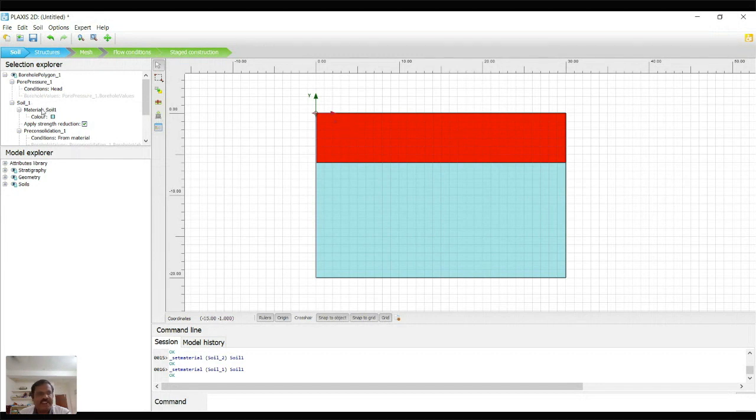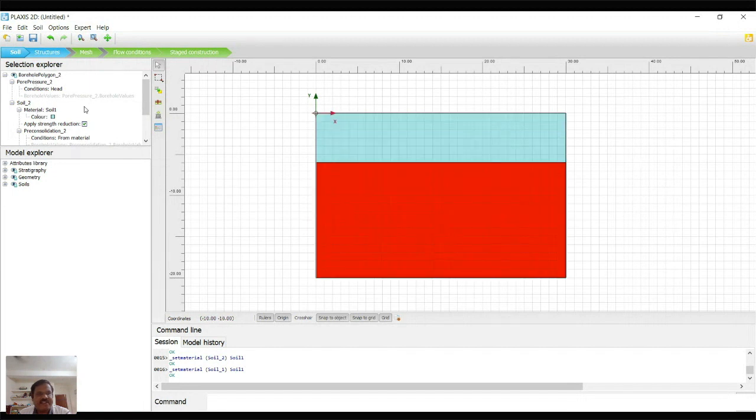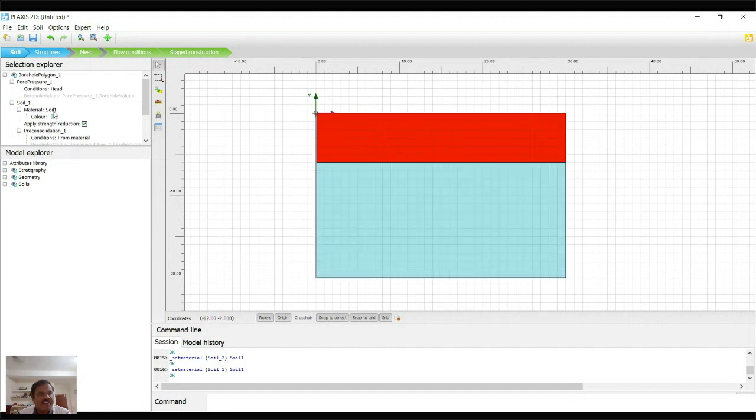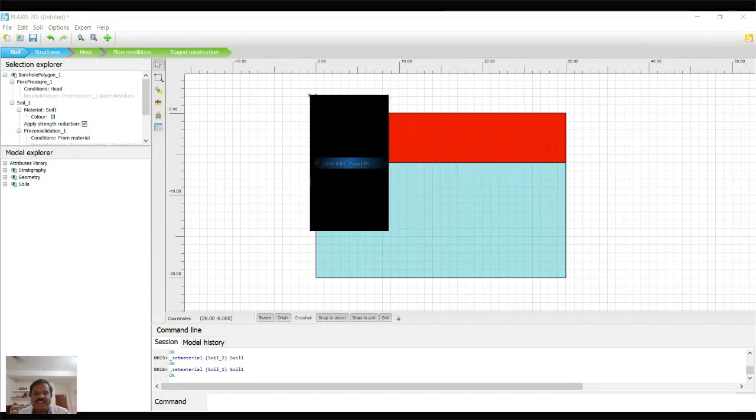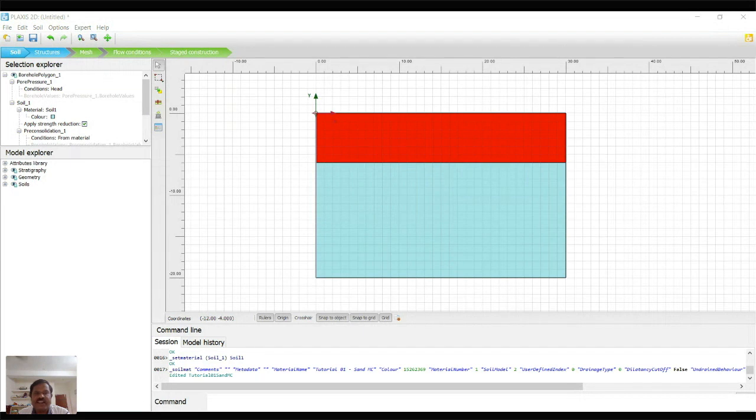Similarly, you can select a particular cluster. The selection explorer will give the detail. Whatever layer you select will be displayed in the selection explorer. We can change to another type. Suppose we already have another type of material, an existing soil type, we can also store it in this bank and use it later. Like that we can import from another project file also, we can share and import.